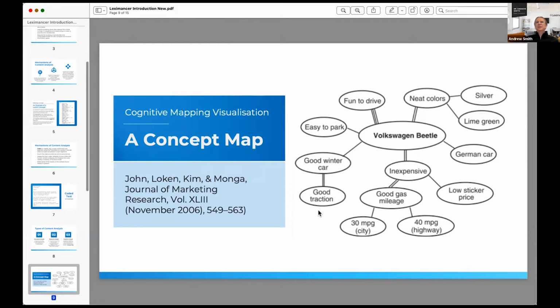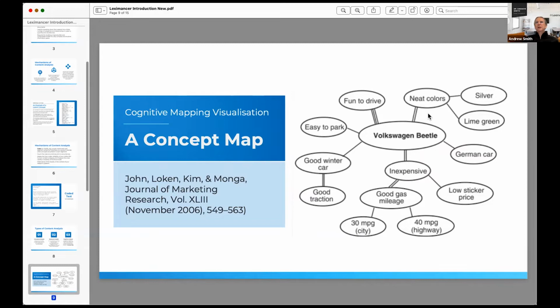The technical word is a schema. A model of knowledge is called a schema. And people who deal with databases know what a conceptual schema is. And you can extract schemas from natural language, and that's what Leximancer does. This is also a schema, which is taken from focus groups.